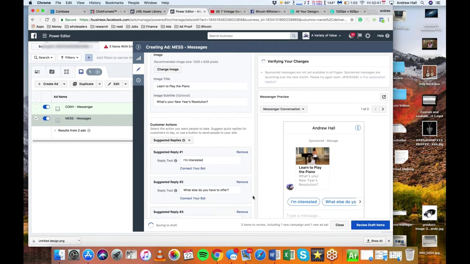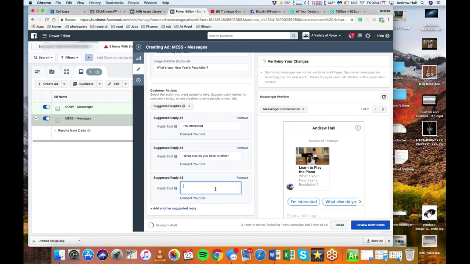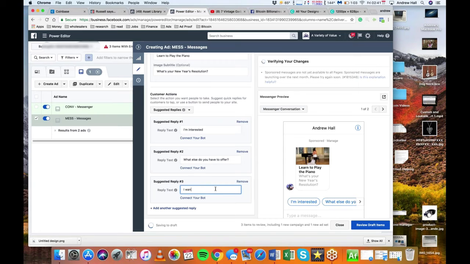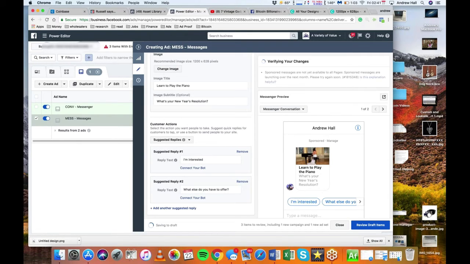So what these are, okay, we'll just do two. These are the suggested replies. If you're ever in Messenger and somebody asks you a question, usually there's two suggested replies, like yes, no, maybe so. LinkedIn does the same thing, and you can actually put your own suggested replies in here, and that way you're giving your customer the answers. It's almost like don't ask a question you don't know the answer to. Well, here you can give them the answers. They can always type something too, but if they hit I'm interested, let's say you send this message out to 100 people and 20 people say I'm interested, maybe you have your customer service agent try to call them,